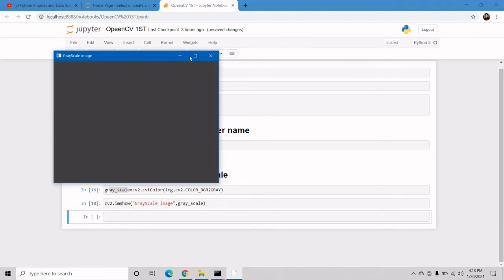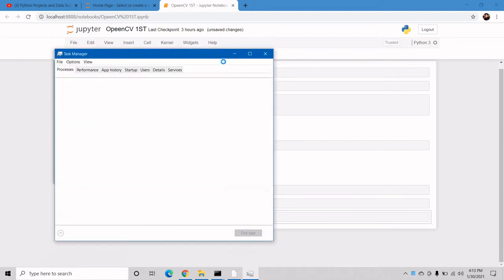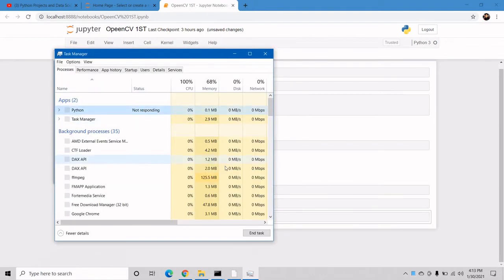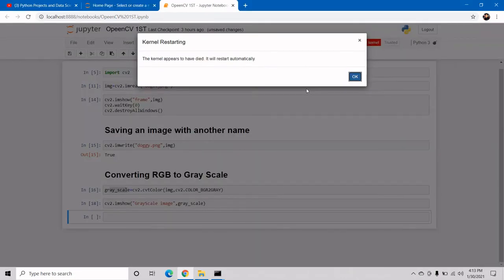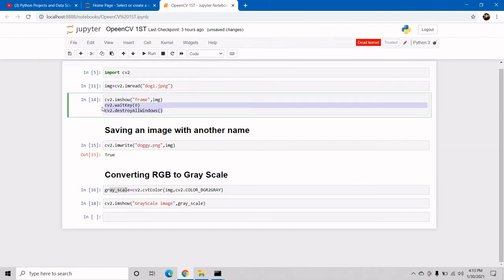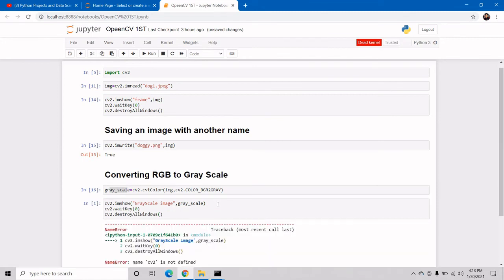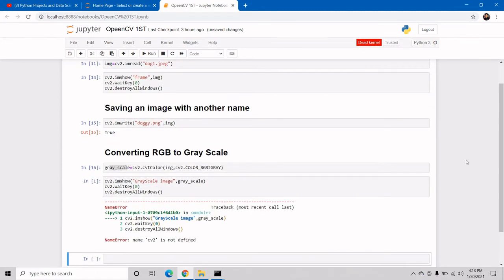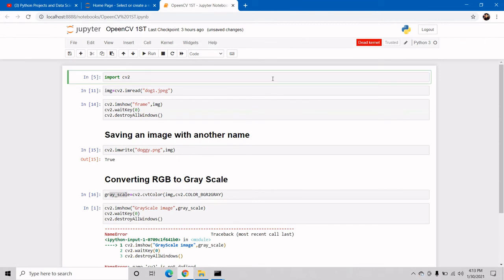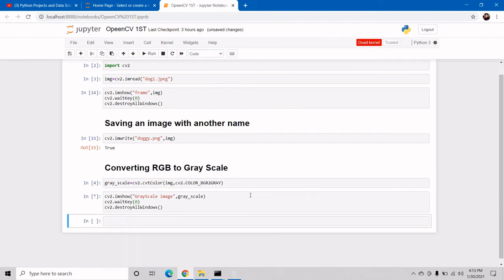I have to put the destroyAllWindows function over here as well, so I have to copy both the functions and put them inside this. The kernel is restarted for that. Now see, as you can see, this is our grayscale image.